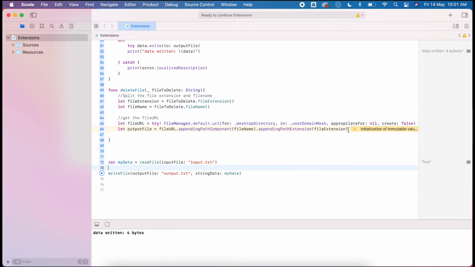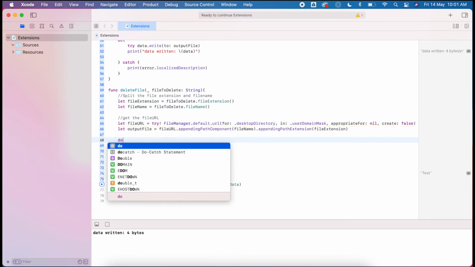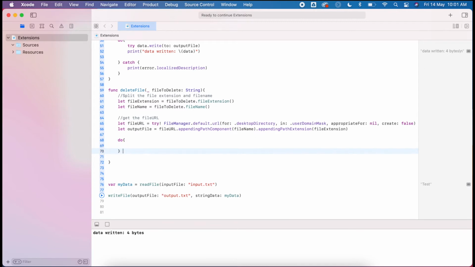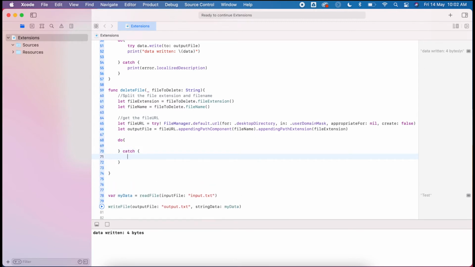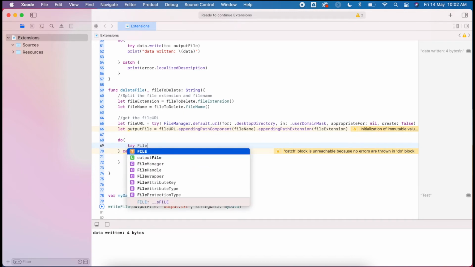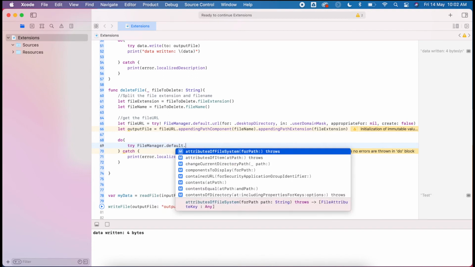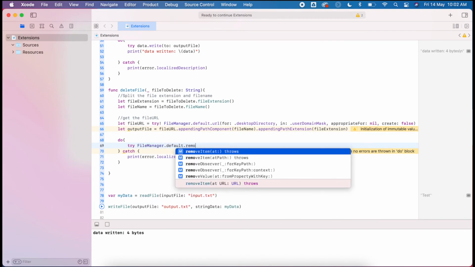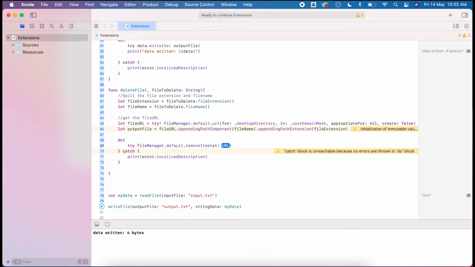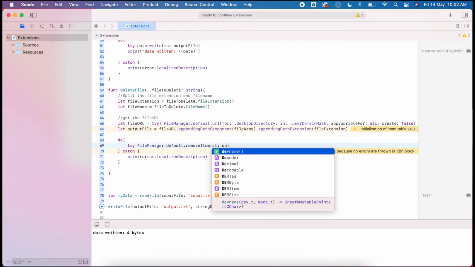Okay, and then we can start our error handling. So do catch. Okay, again, our catch error will just be simply printing out that localized error, and then we can use our file manager. It has a nice remove item method, and we can use our